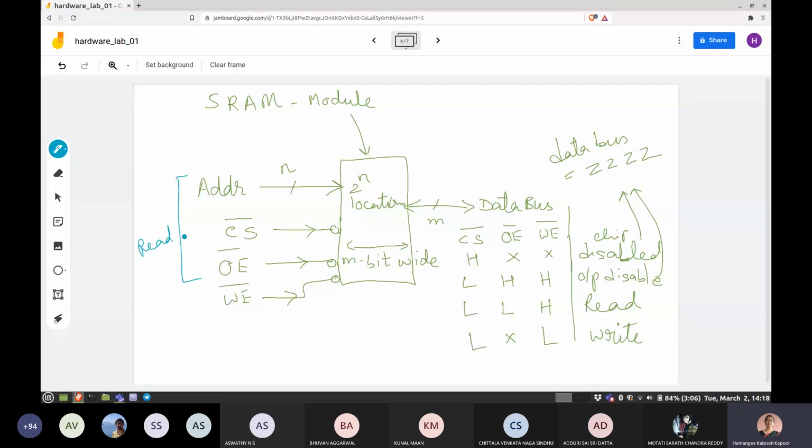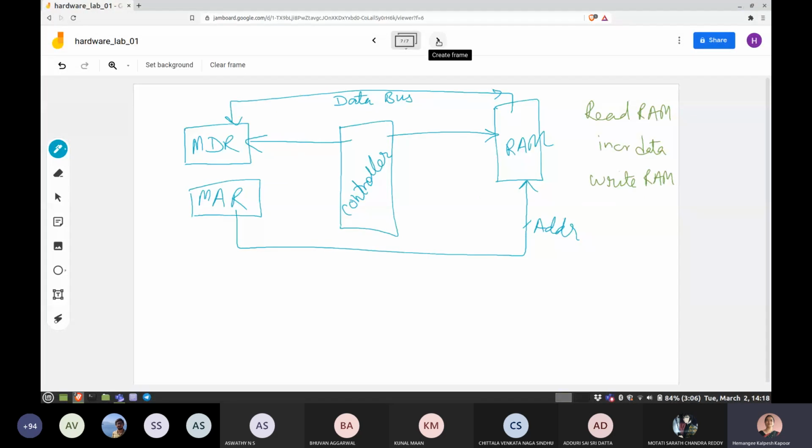Once you do these three signals, the data will come on the data bus. That data bus data has to now enter into the MDR. So MDR has to be enabled. We need to send a write enable signal to the MDR. The controller will say so, because the connection with the data bus is already there. MDR is already connected to the data bus. You just have to tell the MDR, which is a register, to write the data. So the data will get written into this.